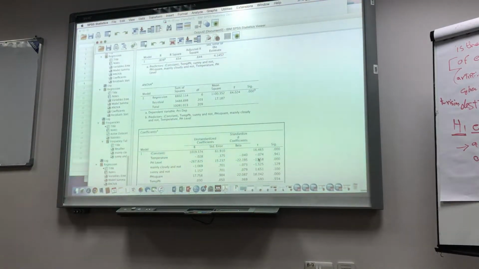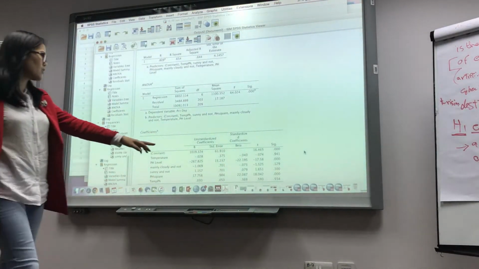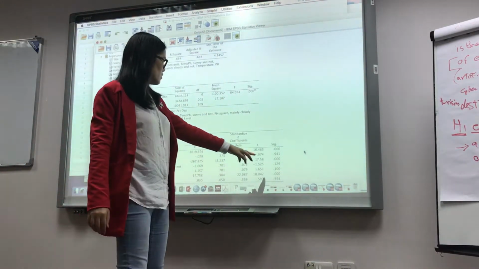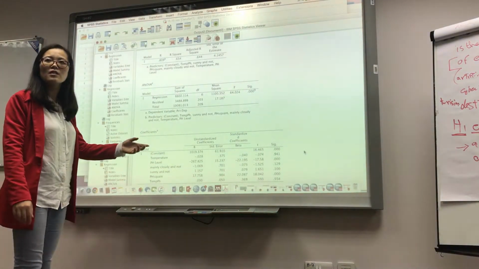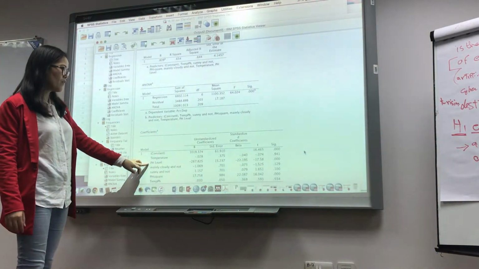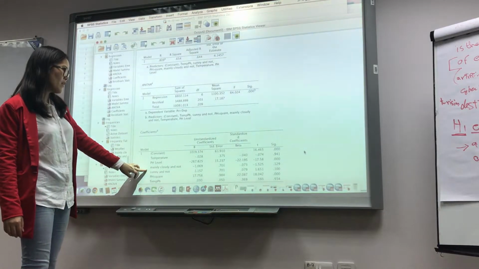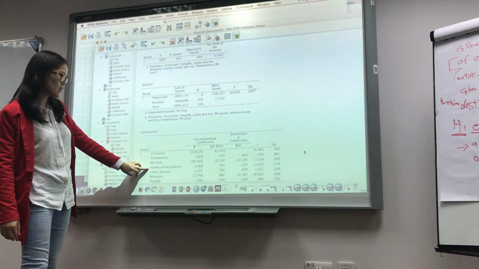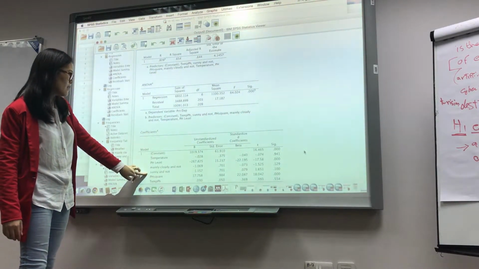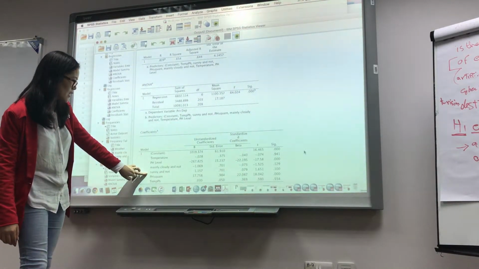And now let's check the coefficients of the predictors. Temperature is not significant. pH level is significant. Weather mainly cloudy is not significant. Sunny is not significant.